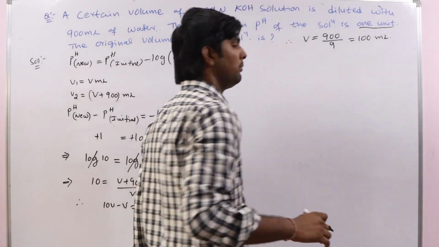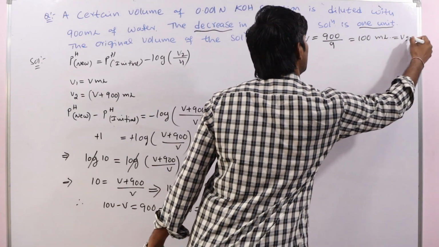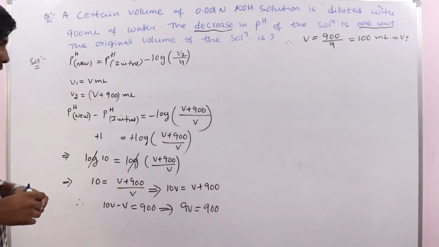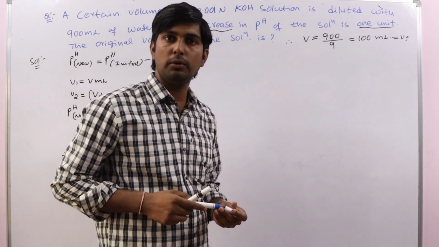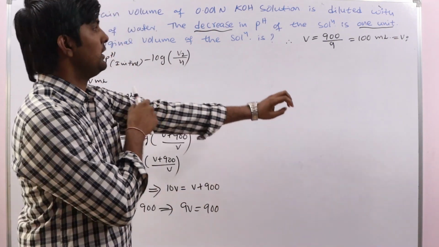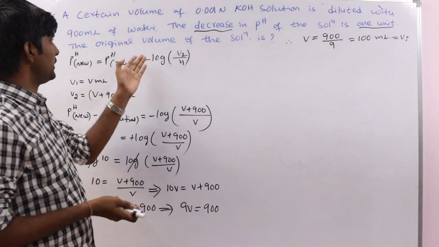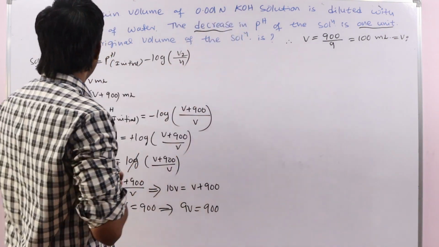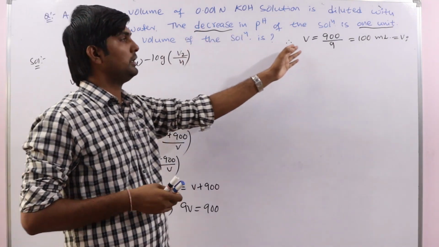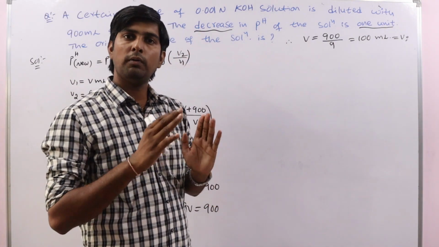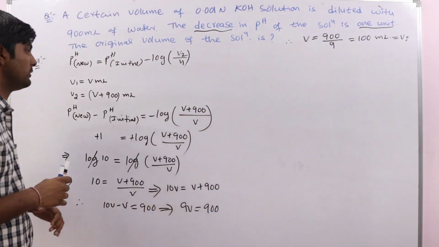So what is this 100 ml? That is nothing but the initial volume. Yes or no? This is initial volume. Clear? So very simple. First, we have to identify whether the given solution is acidic solution or base solution. According to that we have to use the suitable formula. Suppose in the same problem HCl is given, then here we get plus log V2 by V1 and pH increases by 1 unit. Okay, so whatever it may be, if you understand one problem, all problems we can solve.